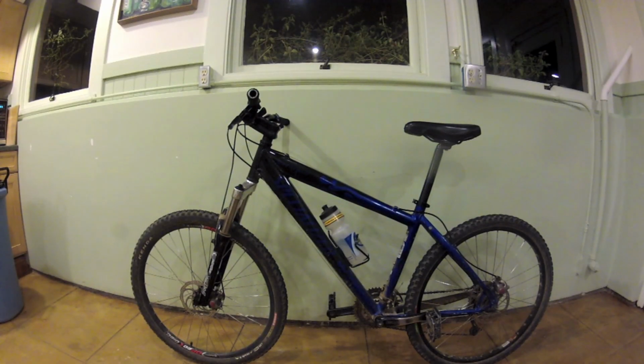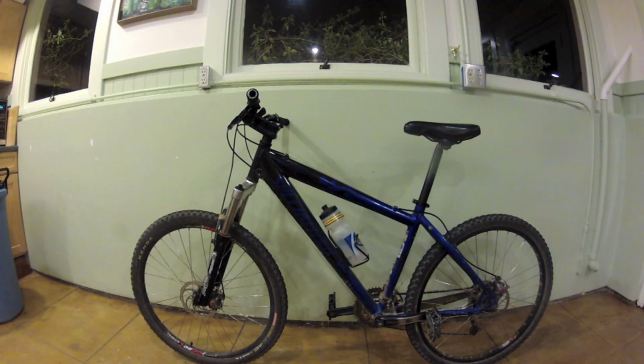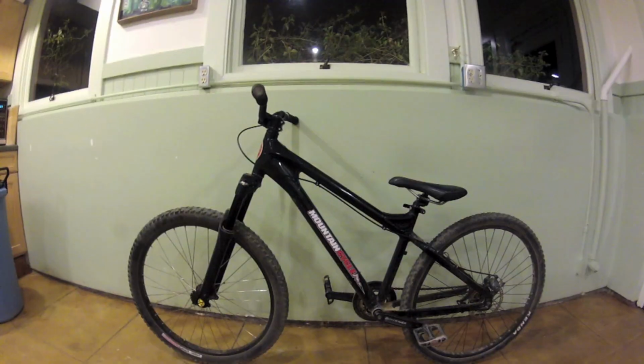This is a mountain bike. Mountain bikes are fun. Mountain bikes become really fun when you start specializing them for different types of riding. So making them bigger and beefier for downhilling, lighter and quicker for climbing, or my personal favorite, smaller and simpler